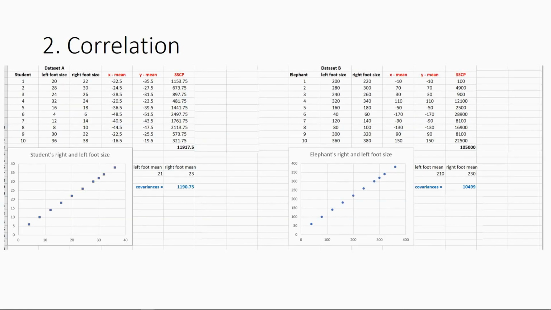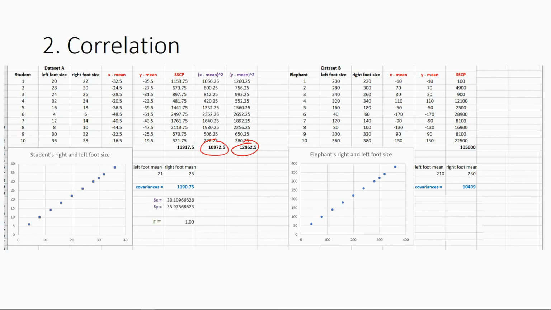So now it's the same data set. I'm going to show you after standardize. After that, you calculate the sum of square for S and the sum of square for Y, for you to calculate the standard deviation. After that, you get this value, then you calculate the standard deviation of S and Y. What you can do is just take this value, 1190.75, divide by the two standard deviations. Then you get the R value is equal to